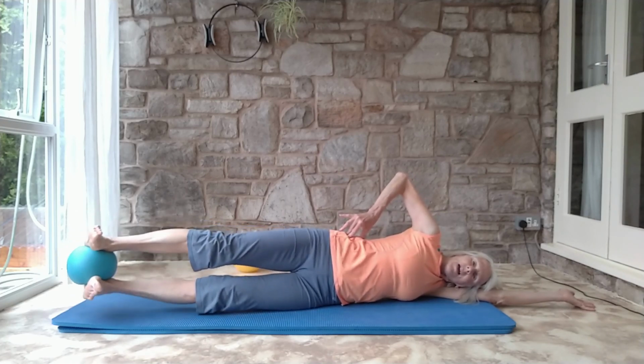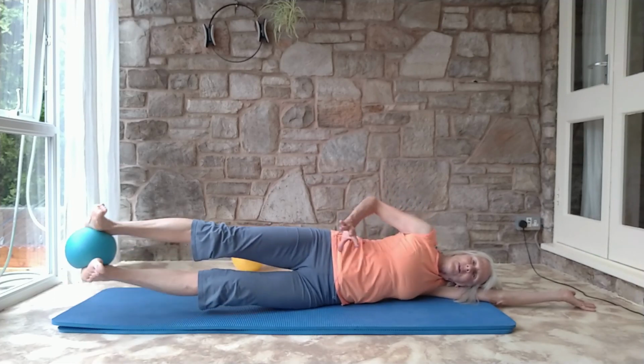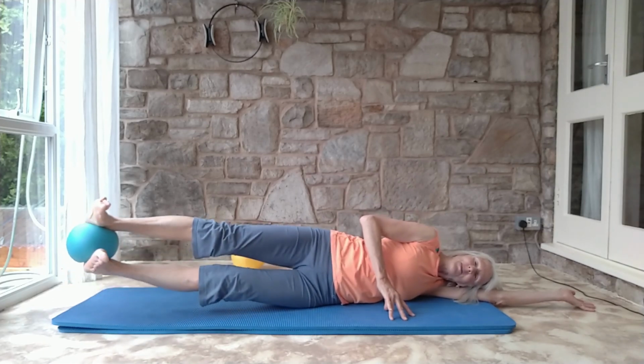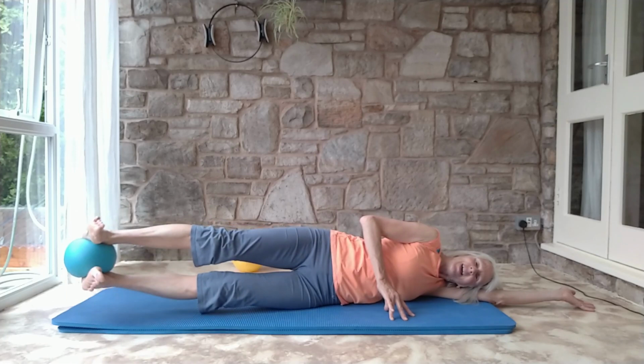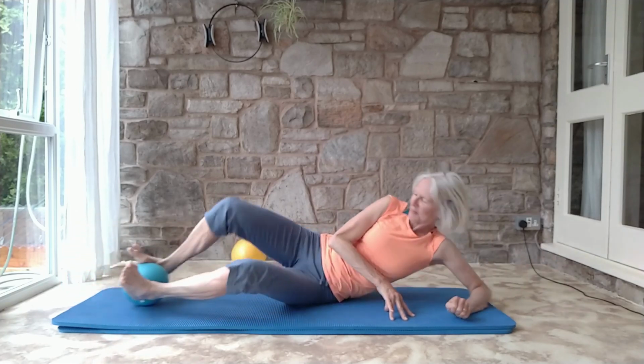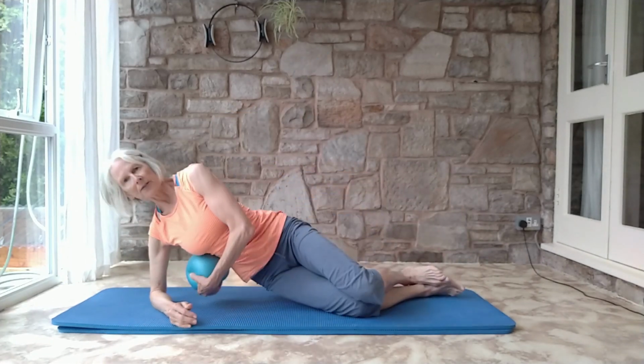Must be 8. And can we do tiny circles? Literally golf ball size circles. Can we circle? 2 and 3 and reverse. 1. I was playing with this movement. 2 and 3. Okay, now let's swap sides. So bring yourself round. Let's start on the